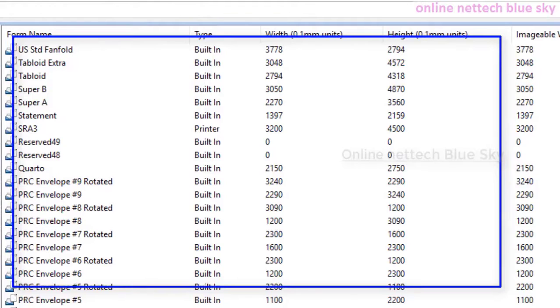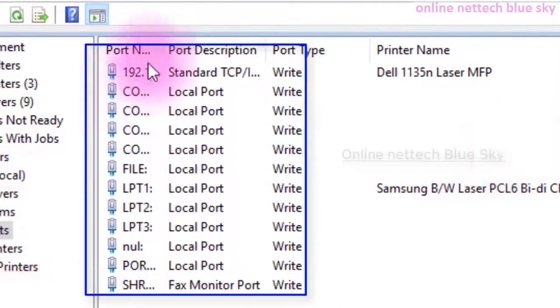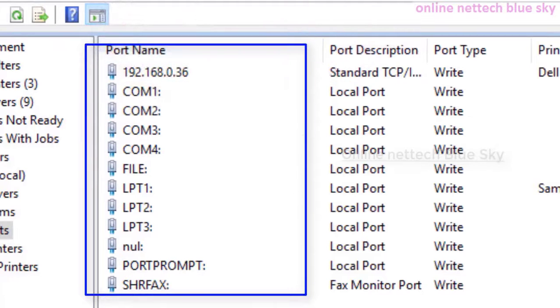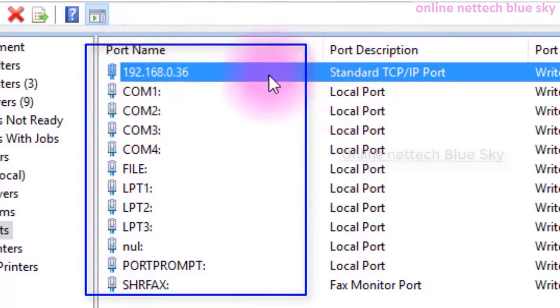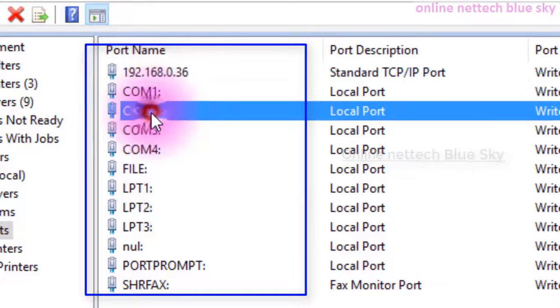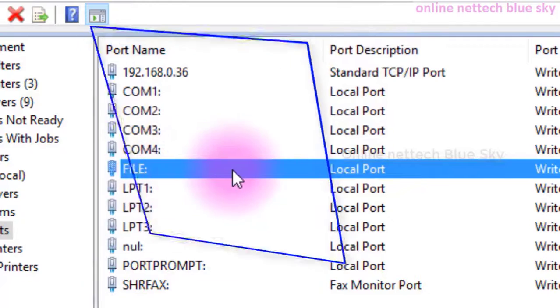So first you will check the form name here. So how many sizes here in form, and how many prints here. So you can see, and this is a port, and you can see I already talked about it in the last previous video. So watching my previous video is important for you, because you cannot directly access and understand. So this is the port name, and I already covered it in the last video, and ports run these COM1, COM3 by default in my operating system. Okay, and you can see my local ports. Okay, COM4, file port, LPT1, LPT2.